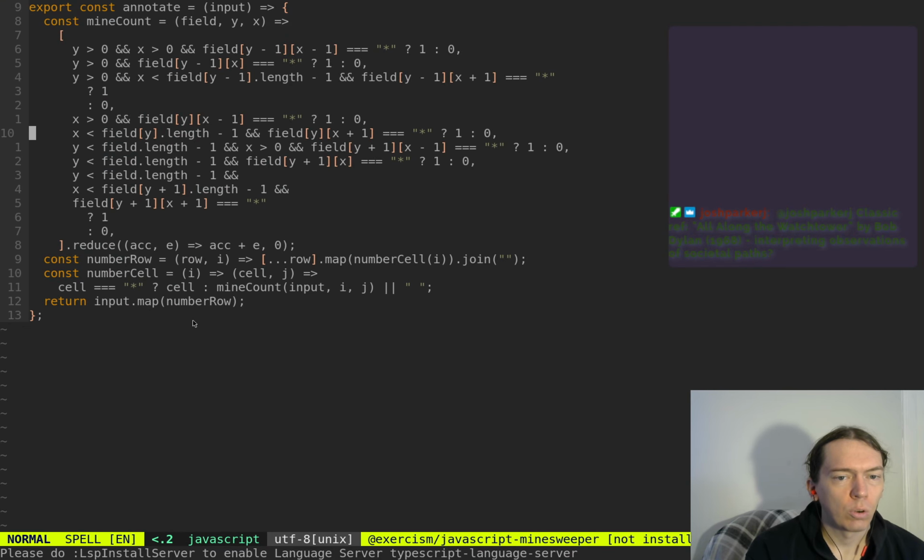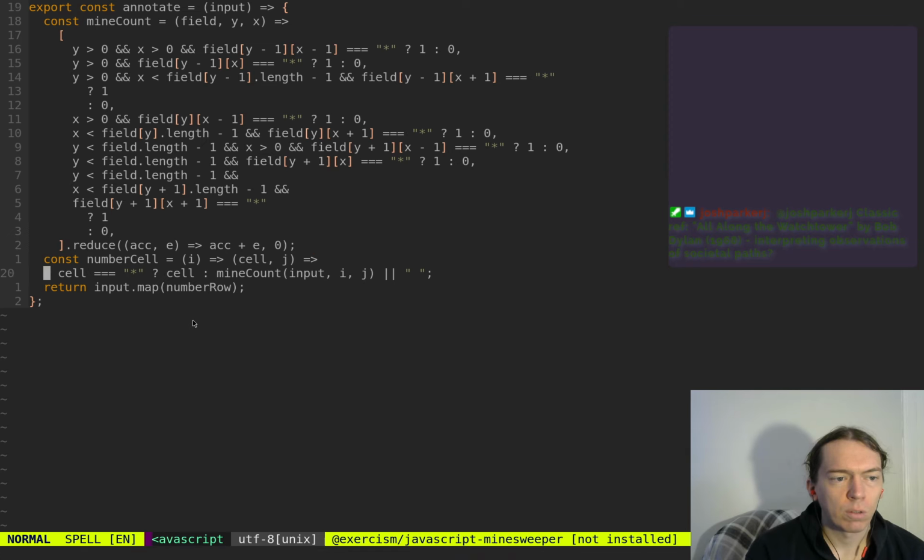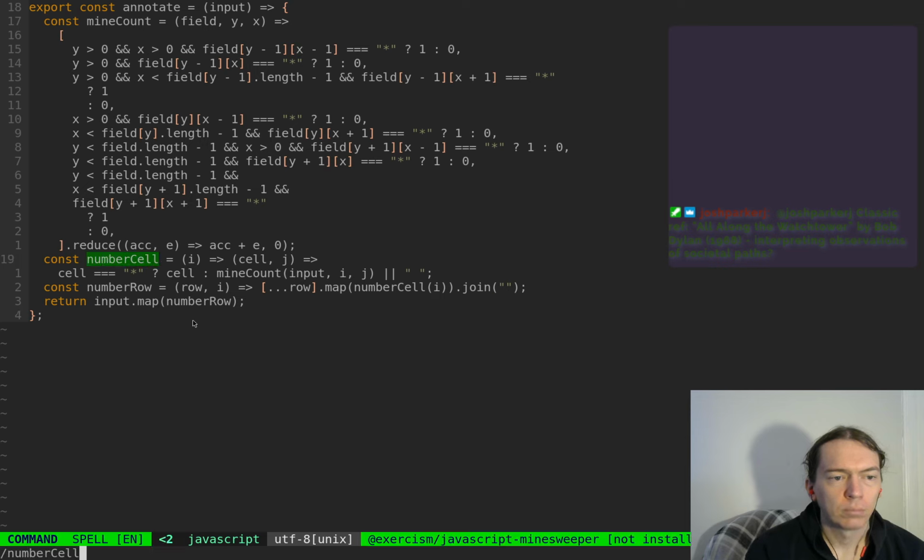Okay, so number row is this. Number cell is this. Let's move number row down, because it refers to number cell, right? And then, okay, so that's fine. Now when we do the mine count,